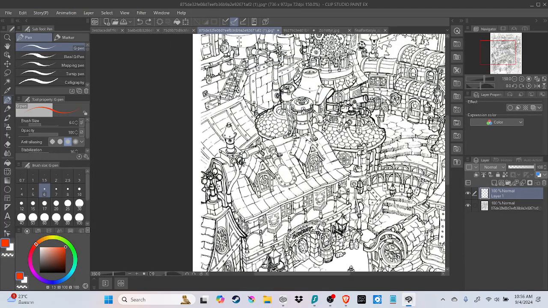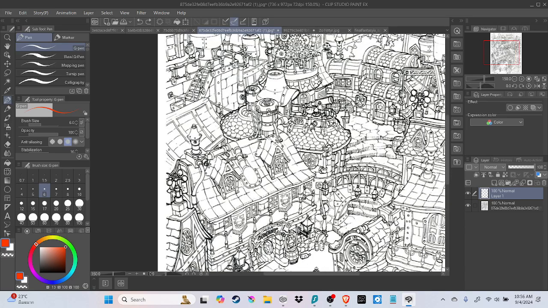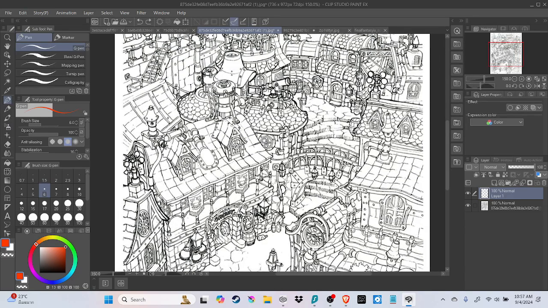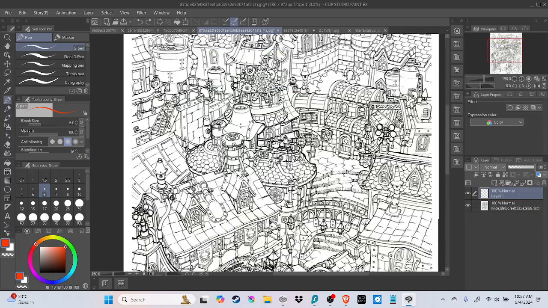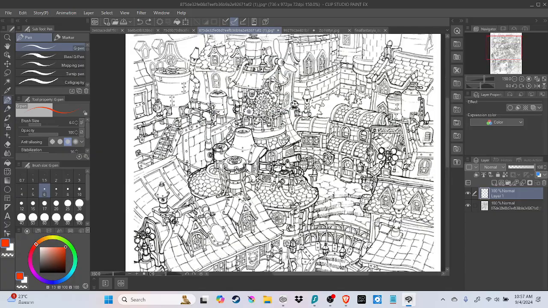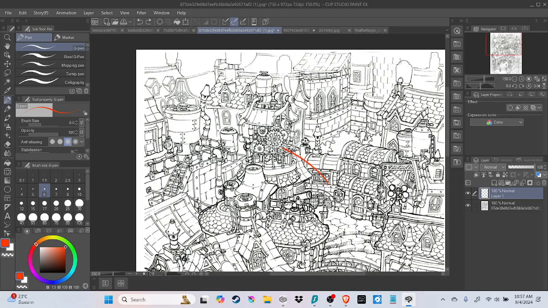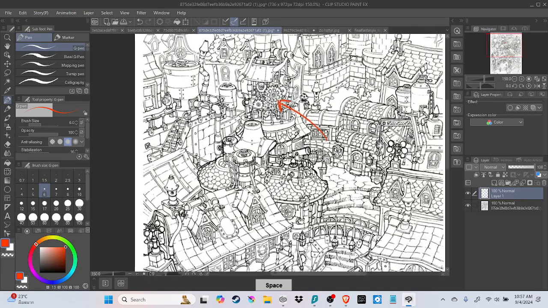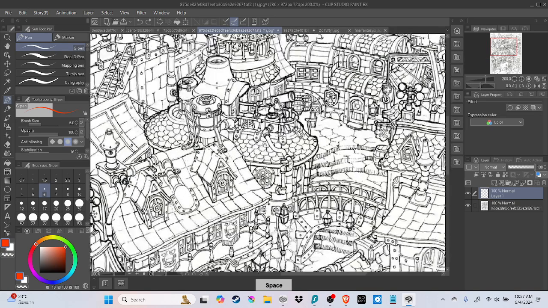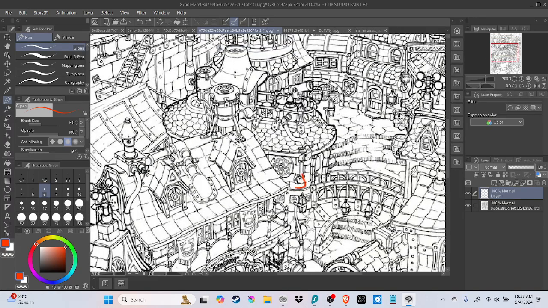What was this done on, paper or digitally? Because the level of detail and the level of finish is pretty incredible. Here I get this idea that this might be in a similar location to what we were looking at before, because we see this repeating pattern of gears, right? So this is probably connected to a city, and we see that throughout everything.